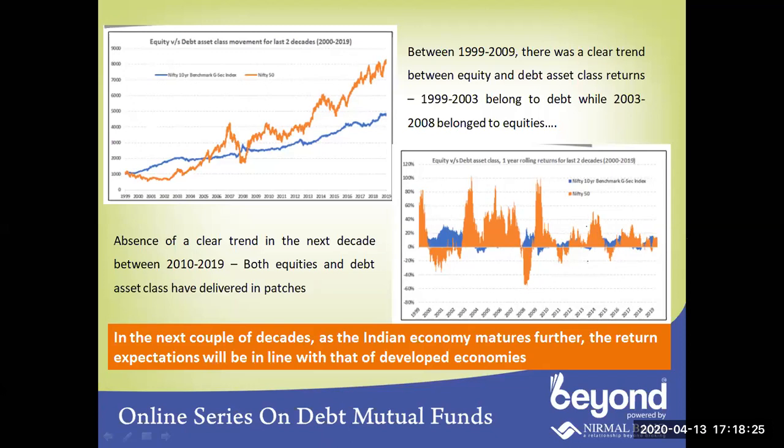The combination of these two assets can make a very good, steady portfolio. So we believe debt should be an integral part of anyone's portfolio, and it shouldn't be that we are just focusing on equity. You can allocate some part to debt mutual funds just to support your equity mutual funds or equity portfolio in a downturn.